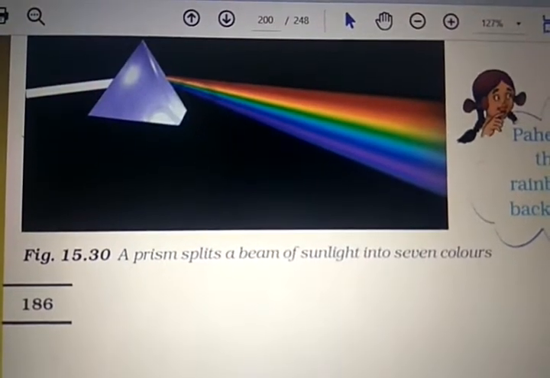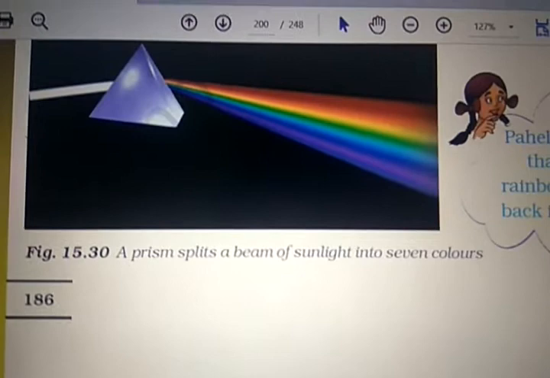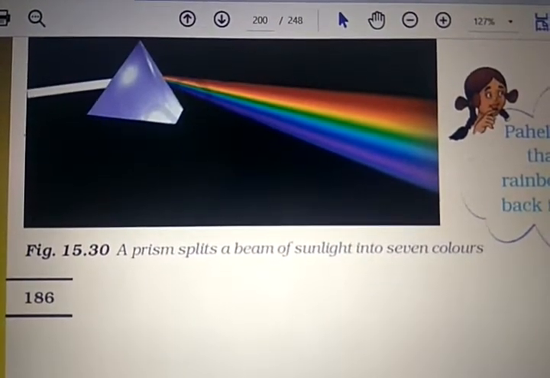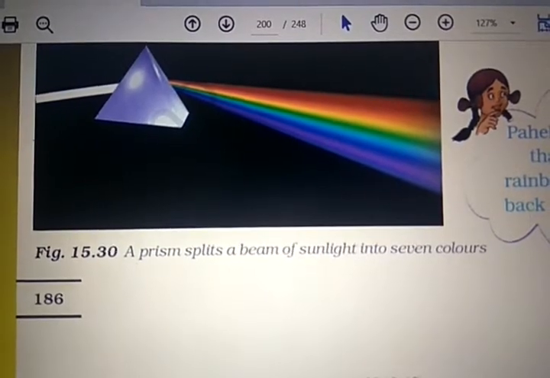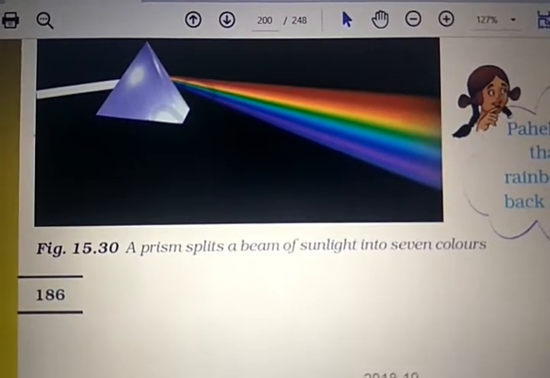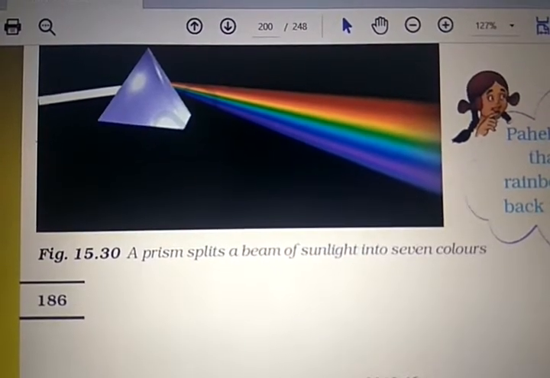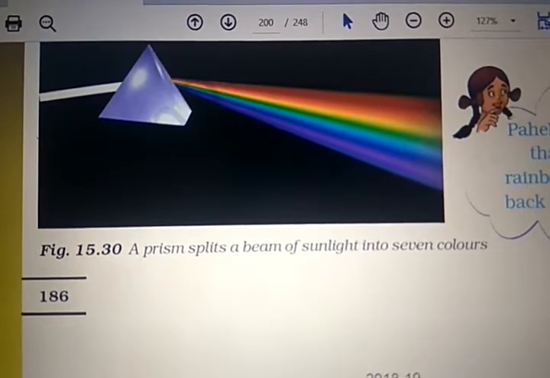So dear students, just now we have observed the simple activity to form a rainbow, right? This activity you can show me in the form of a science enrichment activity. So you just do this at your home also, right? This experiment, and get this image on the screen like this.